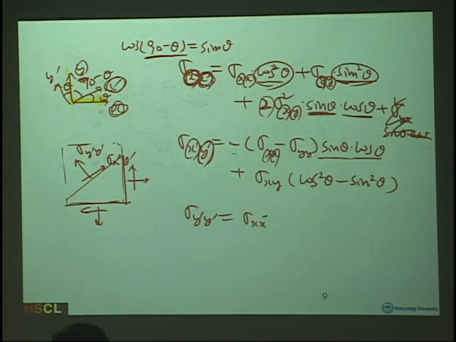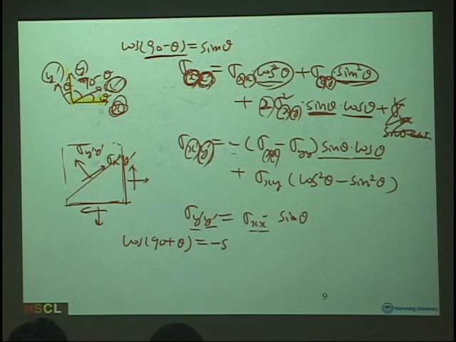Okay, what will be here? See, y prime x, what is that? Right, sine theta, right? And there is another one, y prime and x. Well, actually, y prime and x is the cosine of 90 plus theta, right? Which is minus sine theta. See, always remember, whatever the angle, take the cosine of that angle. So that will be minus, and there is another minus sine theta, so plus sine square. And what is the second term? We will have cosine,